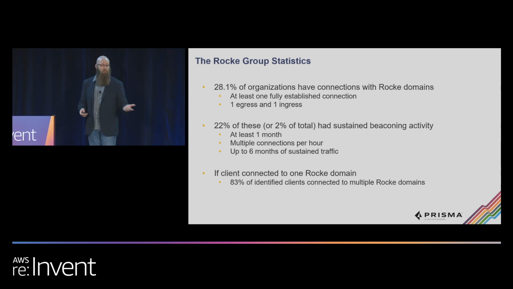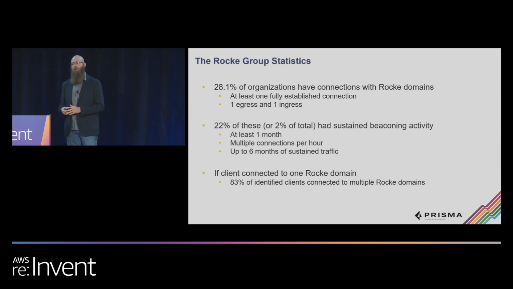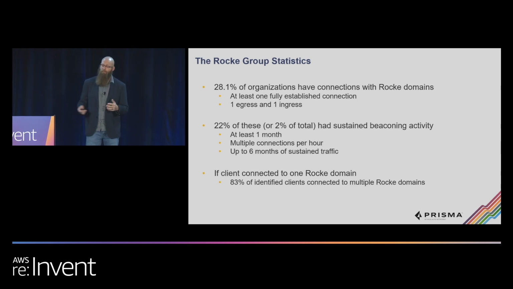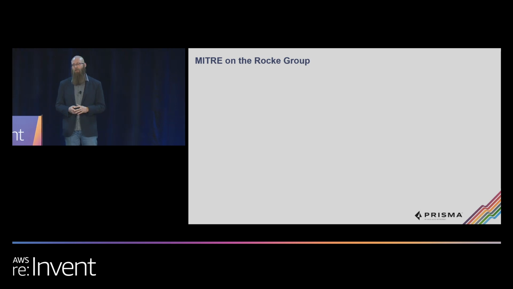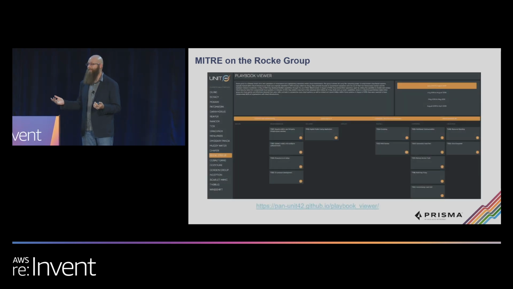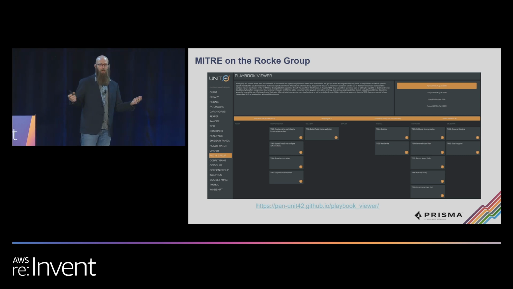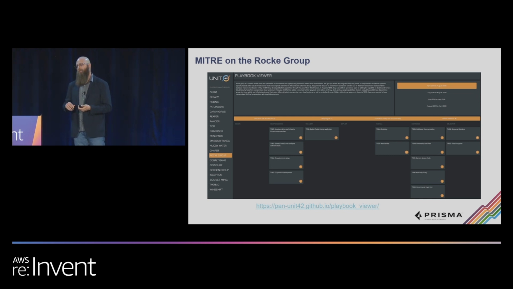So as I mentioned earlier, both Jay and I are part of Prisma Cloud. We're also part of Unit 42, which is Palo Alto's Threat Intel Group. And what Palo Alto's Threat Intel Group does is we have something called ATOM Viewer. This is our playbook viewer. And what we do is we take the different tools, the different groups that we see, so different APT groups,